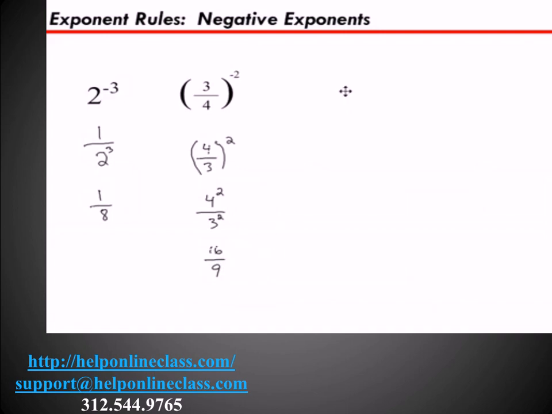Let's try another example that uses variables this time. X to the exponent negative 3 multiplied by y to the exponent 4. Well, I've got an x to the exponent negative 3, so I can flip my x. However, my y has a positive 4 exponent, so it's going to have to stay the same. So if it was on top, it'll stay on top. Keep the y to the 4 above, but the x is going to go sort of down